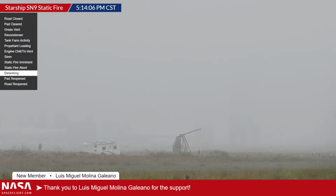And Dougal, good question about the serial number of the dome that was being flipped yesterday. I don't think we know. Mary, if you know the serial number of the dome being flipped yesterday, let me know, but I don't think we knew which Starship that was for. I guess perhaps which Super Heavy that was for. I'm not positive, but...